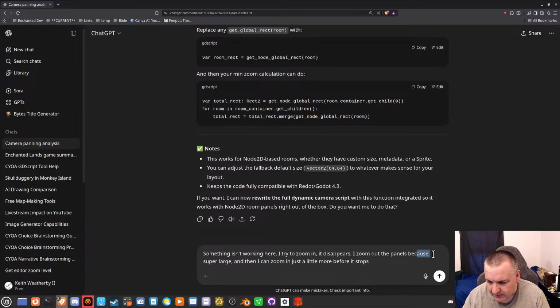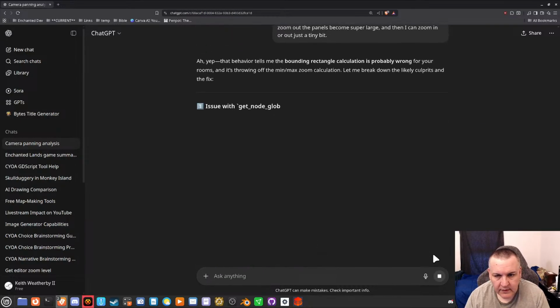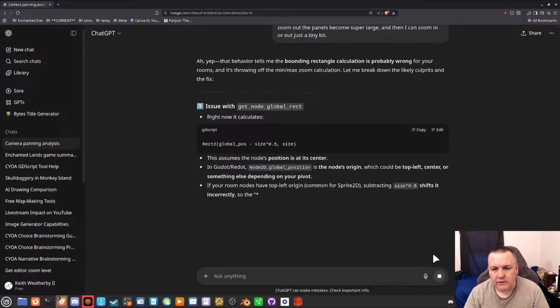The panels become super large. Zoom in or out just a tiny bit. It's throwing off the min-max.